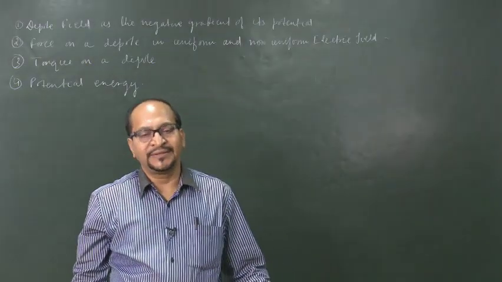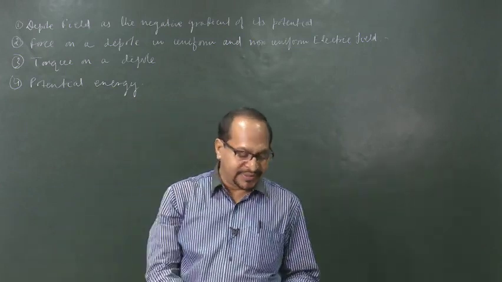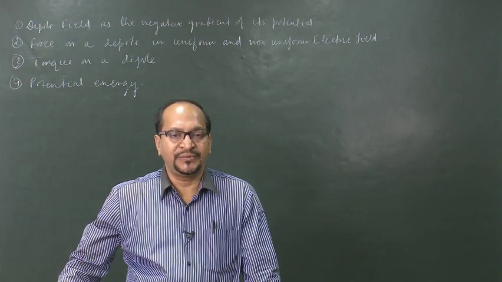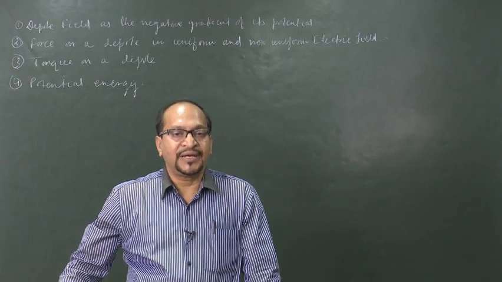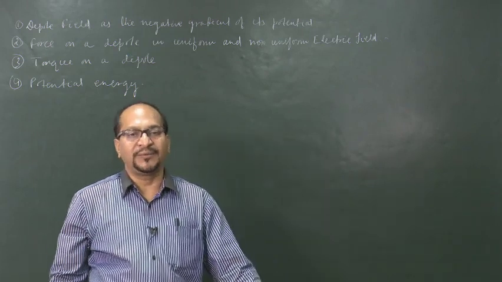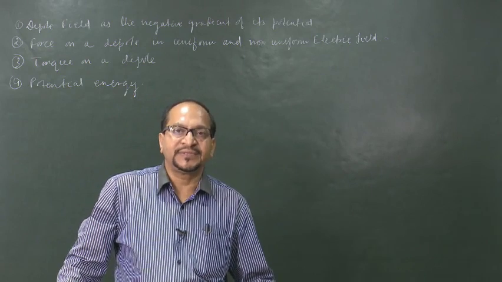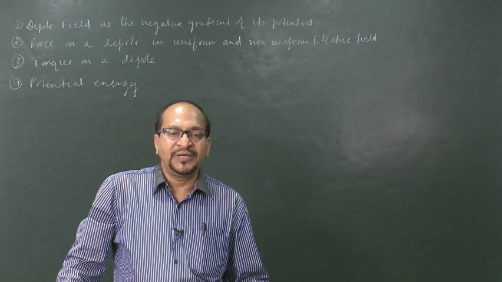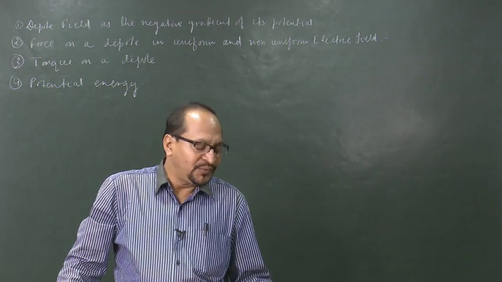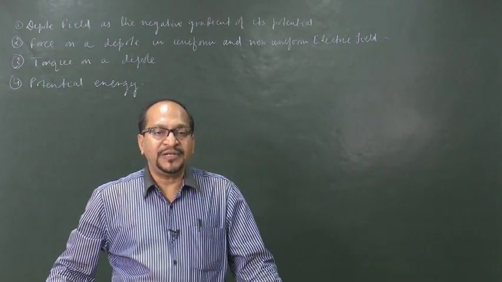Welcome to this course Electricity and Magnetism. In the previous class, we have discussed the electric field due to a dipole and potential due to a dipole. And of course, we have defined what a dipole is. A dipole consists of two equal and opposite charges separated by a very small distance. And if this separation tends to 0 and the product of charge and the separation tends to a finite value, we call it a point dipole or ideal dipole, and it is characterized by its dipole moment p.